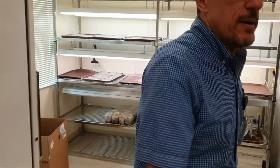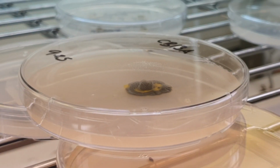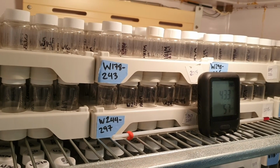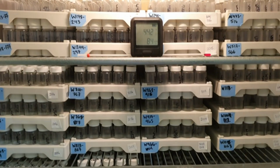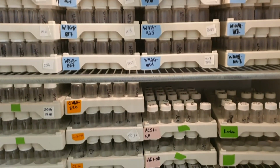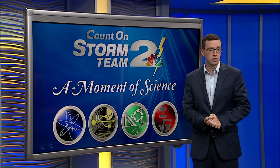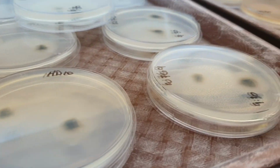His research also includes testing the effectiveness of various fungicides, which will be necessary in the near future for our food production. To illustrate this, let's head into their lab and into cold storage. This fridge contains a historical record of fungi dating back over 25 years, allowing for plant pathologists to travel back in time and see how the fungi population has changed, unfortunately for the worse, as the overwhelming majority is now resistant to fungicides, which worked 2 decades ago, warranting a smarter and more science-based approach in managing these diseases that